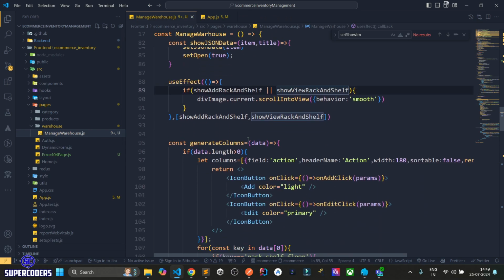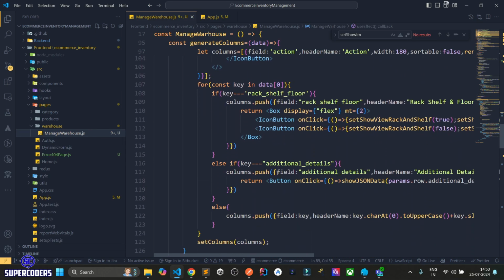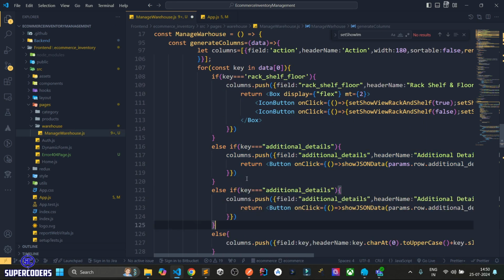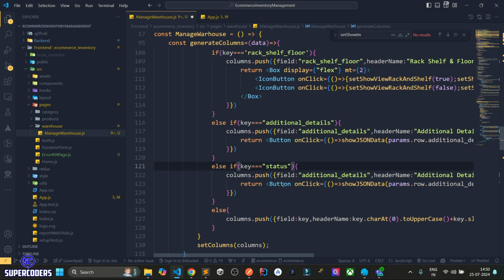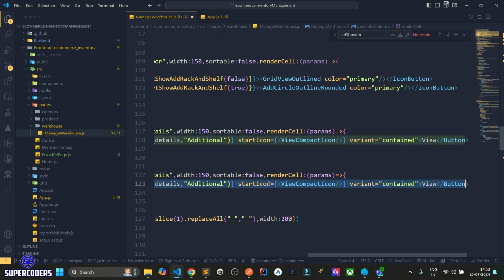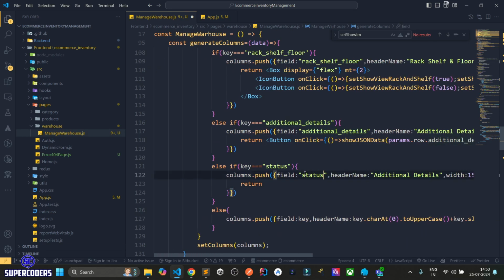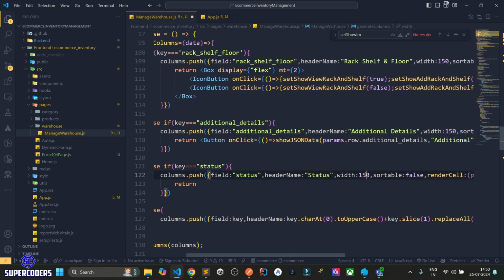And if I check here, I didn't add the column for status. So what I can do, just copy it again, paste it, use status. And in the status, earlier I saw a button, but this time I'm gonna use some different things. I'm gonna use my switch button. So use switch status, status,